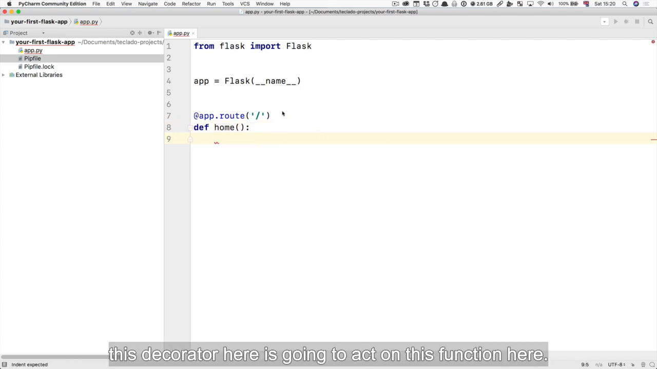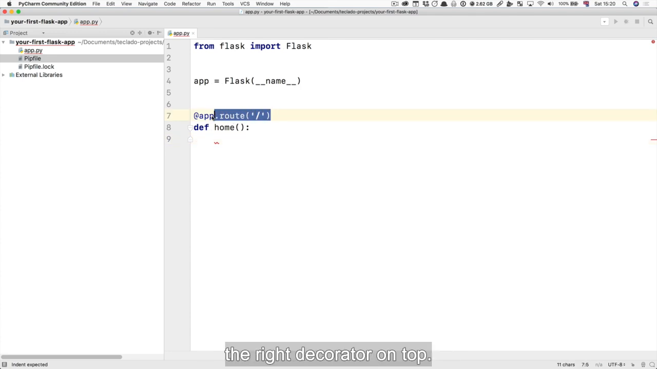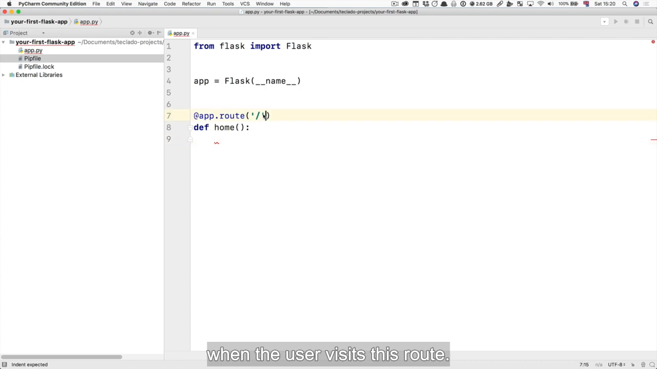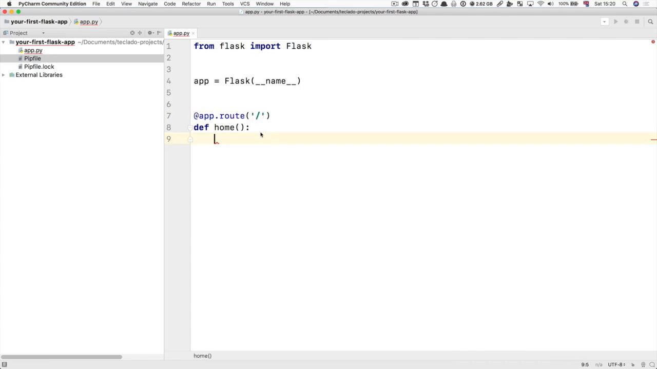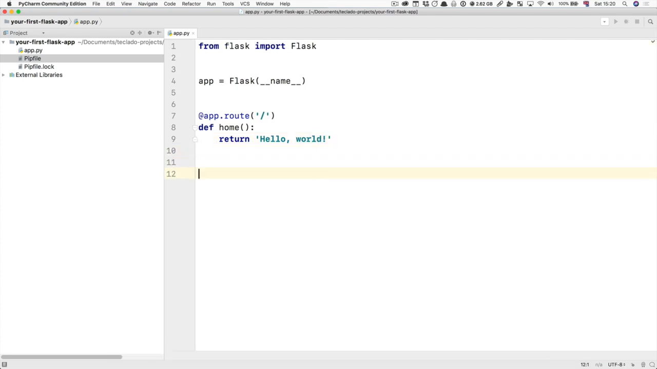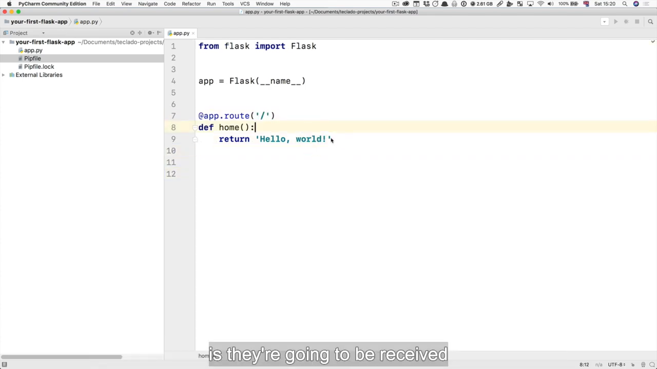And as you know, this decorator here is going to act on this function here. So the function name doesn't really matter. All that matters is that we've got the right decorator on top. This function is going to run when the user visits this route. And for now, it's just going to return hello world. Okay? So what's going to happen when a user visits our homepage is they're going to be